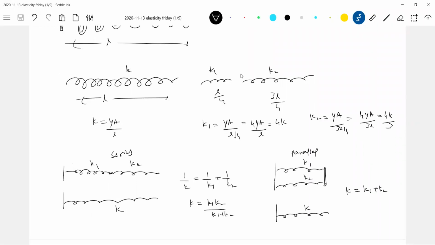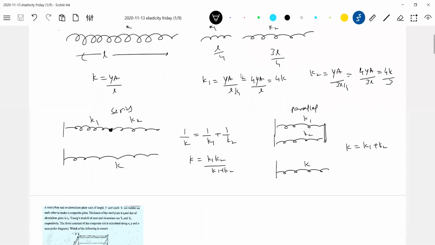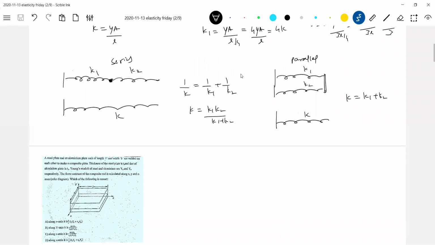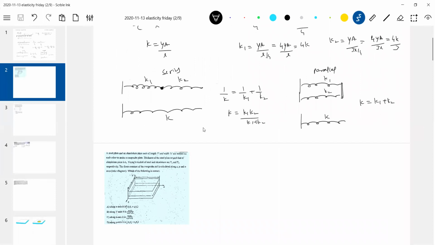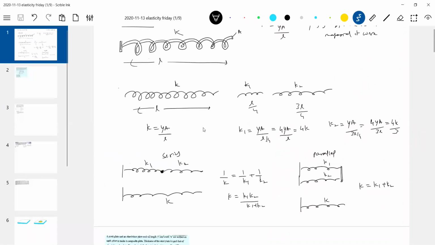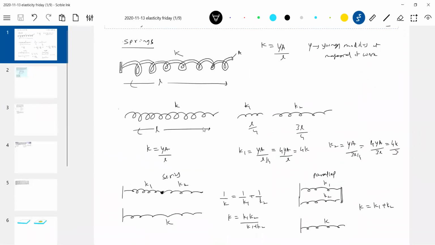A good example of an elastic body is a spring, with restoring forces and deforming forces. If you elongate it, the elastic forces will bring the body back to equilibrium. If you compress it, again the elastic forces will be set up in such a way that they oppose the deformation. So this is what we discussed about springs here.